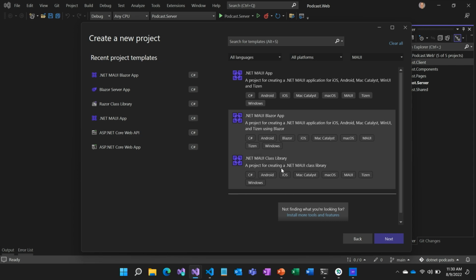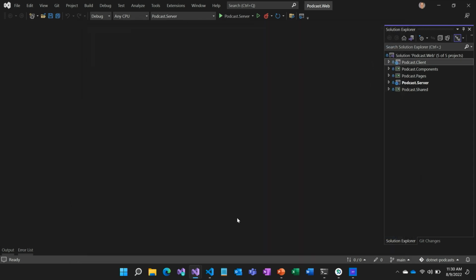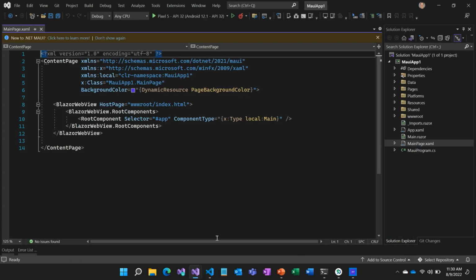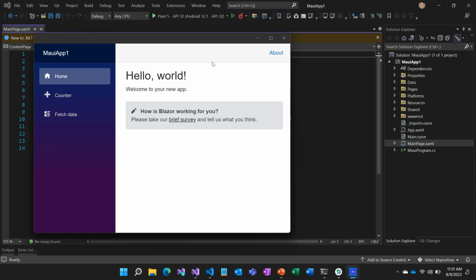Okay, so we would go ahead and create one of these. I've already got one created, so I'm going to close this and just go to my app that I've already got set up, already deployed. And this is what the project looks like when you've created it. So we get a single MAUI app project with Blazor set up, and this project is set up to, of course, target Windows, Mac, iOS, and Android, all 4 platforms with one project. And I've already got it running right here. Here it is running on Windows.